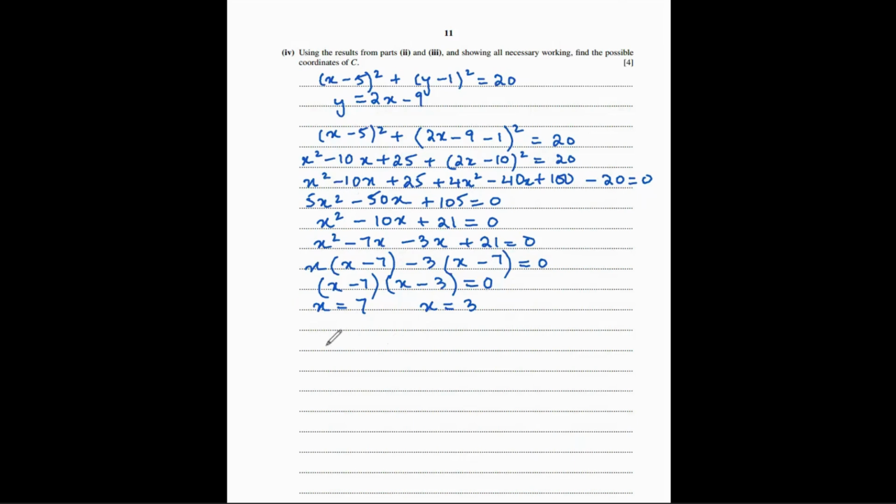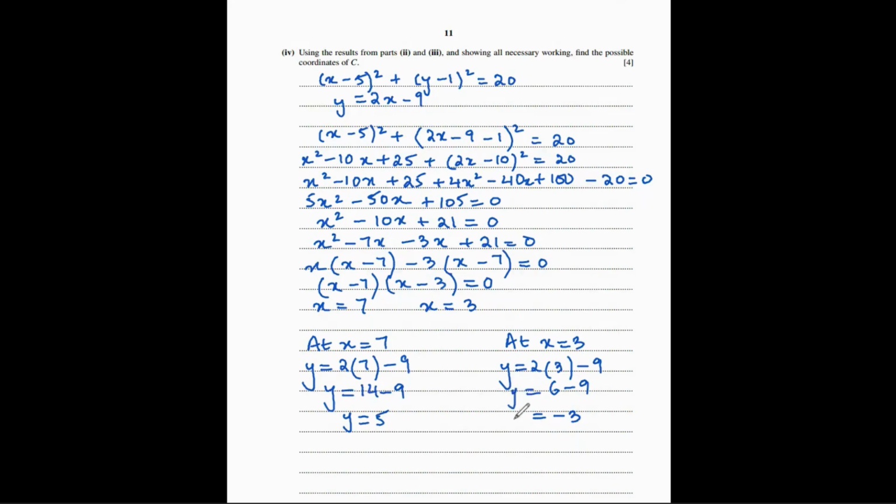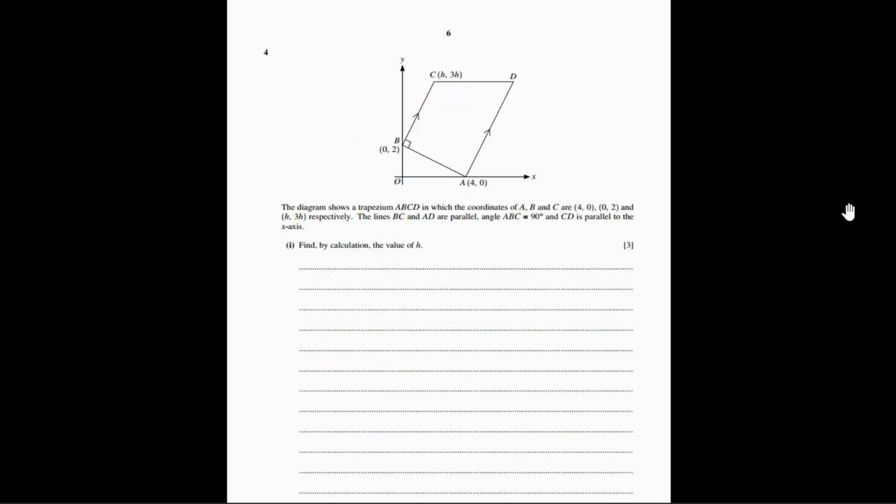Now we find the y values. So at x equals to 7, y is going to be 2 times 7 minus 9, 14 minus 9, and that is 5. And then at x equals to 3, y is 2 times 3 minus 9, 6 minus 9, and that is negative 3. So one possible coordinate of C is 7 and 5, and the other is 3 and negative 3. This is your answer. Then says the diagram shows a trapezium ABCD in which the coordinates of A, B, and